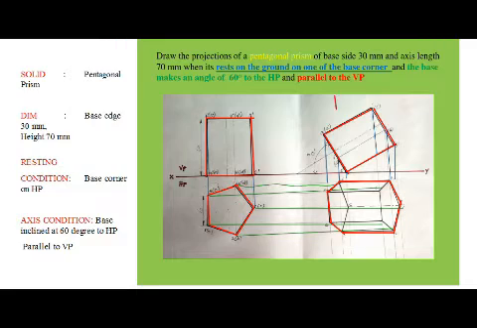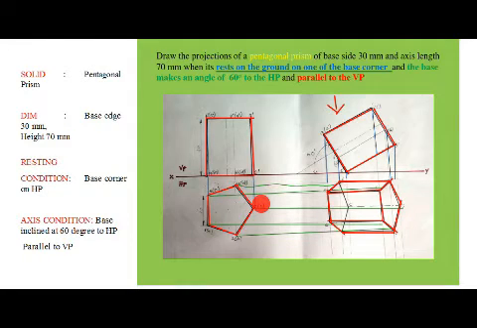Now see the corners which are inside: only C, 5 and 1 are available. If you look from here, 1 is visible. So 1 has to be connected with 5, 1 has to be connected with 2, and 1 with A with the help of the visible line. So I connected 5 with 4, 5 with A and 5 with E. Similarly, 1 with 2, 1 with 5 already connected, 1 with A.